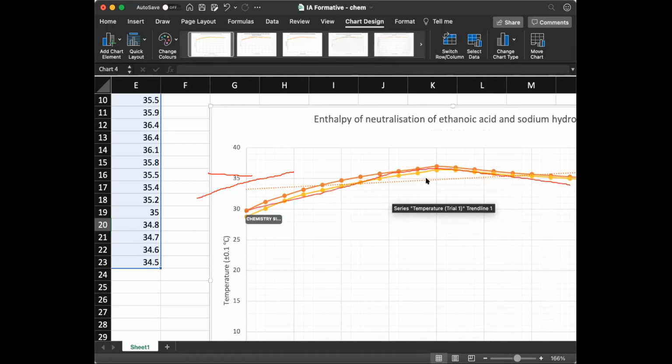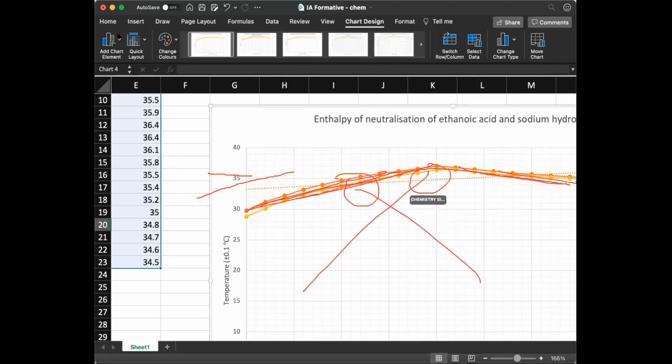I want a separate line for the increasing temperature and a separate line for the decreasing. You have added only one single straight line. I want two intersecting lines, one and one. I want two different lines. This is a different line, this is a different line. What it's doing is giving you one line for both in between. That's wrong.